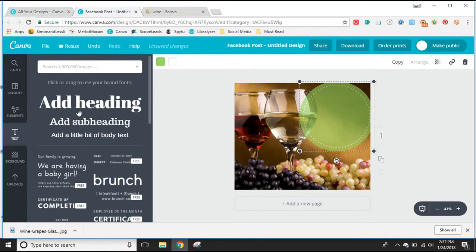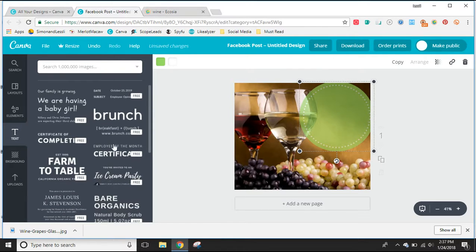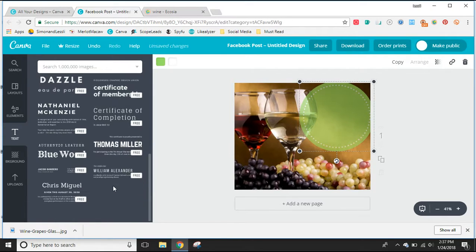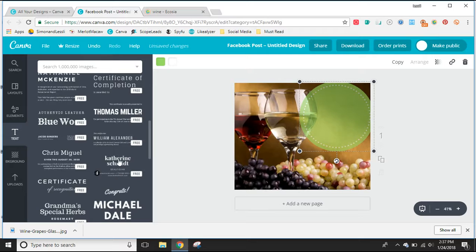Canva also gives you a plethora of fonts and pre-designed text that you can add. And if you choose to use one of these, you have to be sure to either use the entire